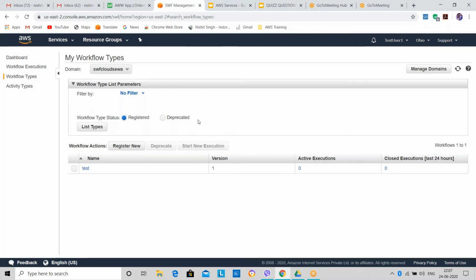Automatic execution does not mean that it will automatically execute. So this is a difference. What you guys are understanding is not that. It will not automatically execute; you have to come here and manually execute it. But automatic execution means whatever you have configured here will be automatically executed.